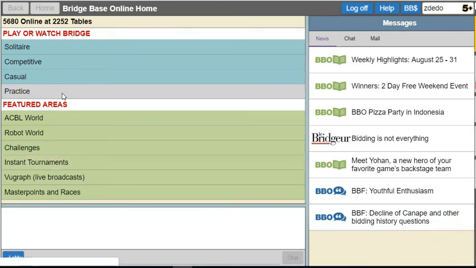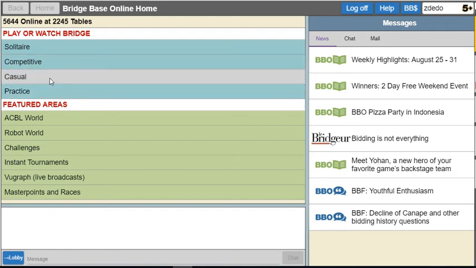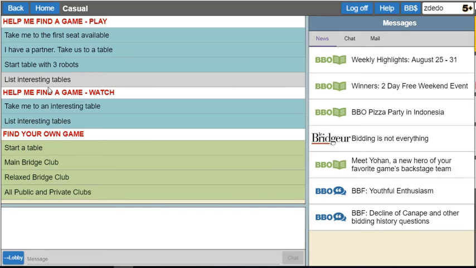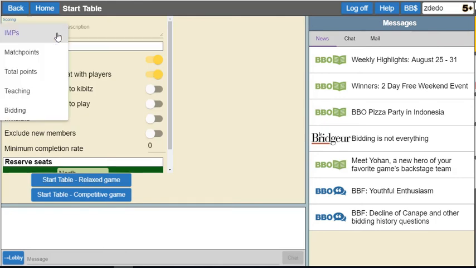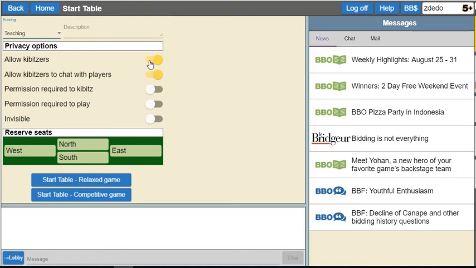We just open a practice or teaching table as usual from any place, from club or any. We just change or use the teaching description or option from the menu, and we can change all the settings as usual: allowing keyboard, allowing keyboard to chat, permission required to play, visible or non-visible table, all the usual things we did in the